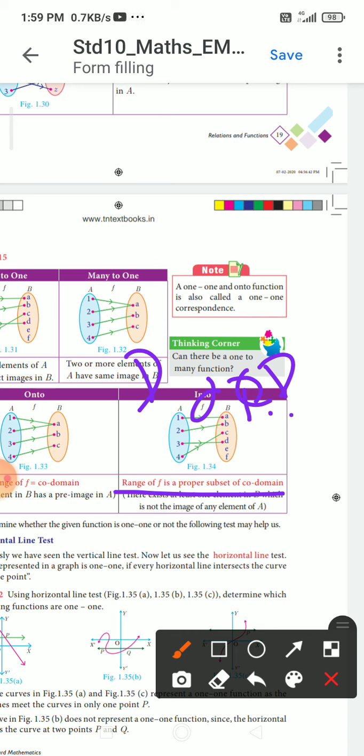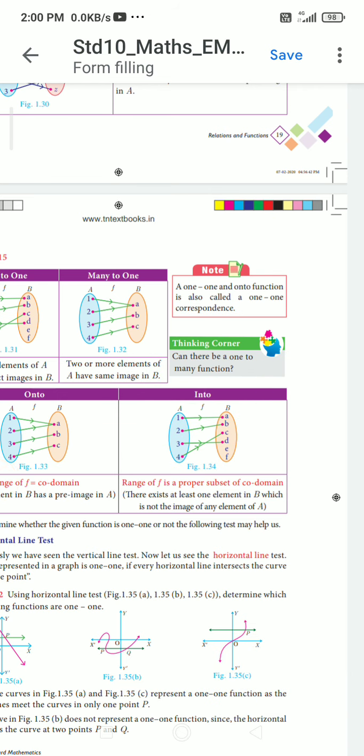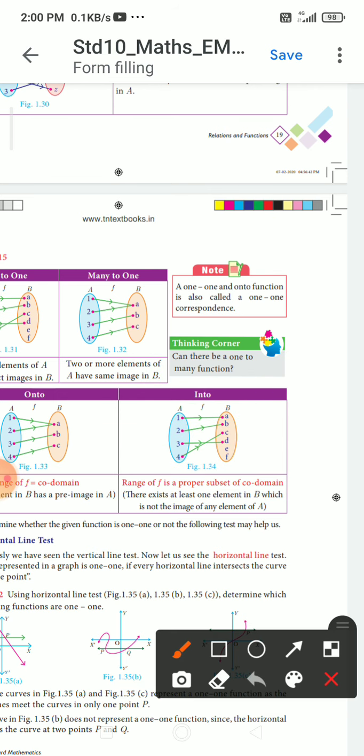Here we can see a has a pre-image, b has a pre-image, c has a pre-image, and d also has a pre-image, but e and f do not have a pre-image. Therefore, this is not an onto function. There exists at least one element in B which is not the image of any element of A. So e is not an image of any element in A, and f is also not an image of any element in A.